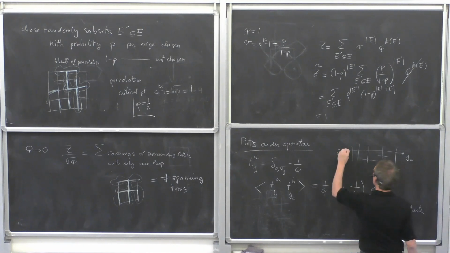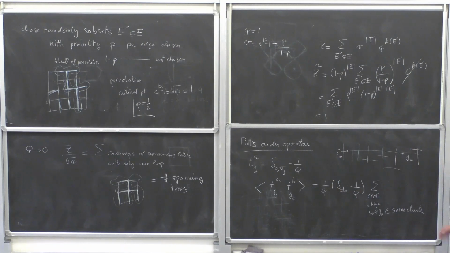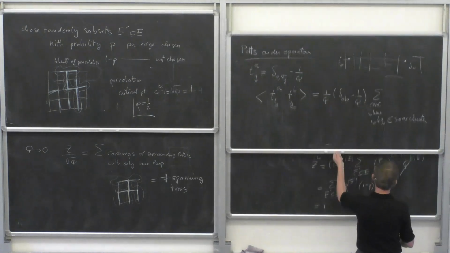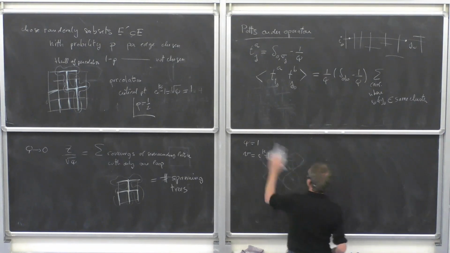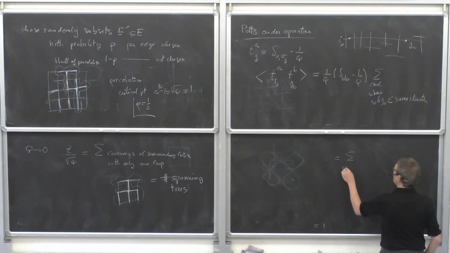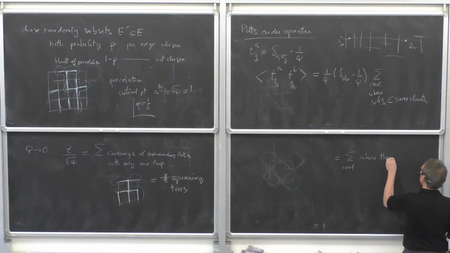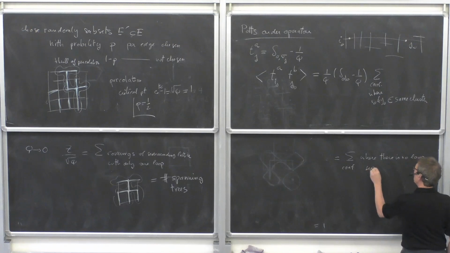Okay? It doesn't mean, again, that they're extremities of the cluster in any sense whatsoever. They are just in the same cluster, which means in terms of loops that there is no loop separating them. So this is the same as the sum of the configurations where there is no loop separating